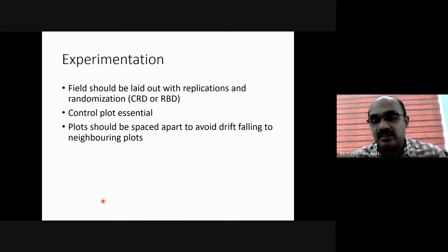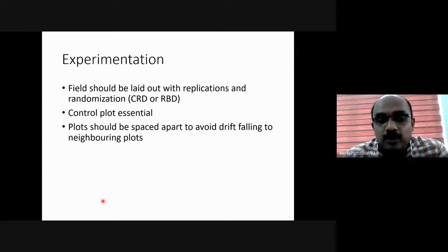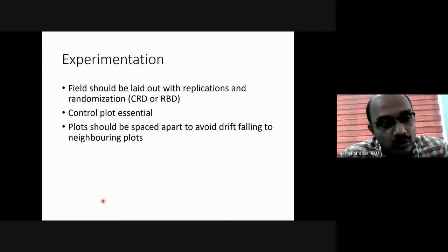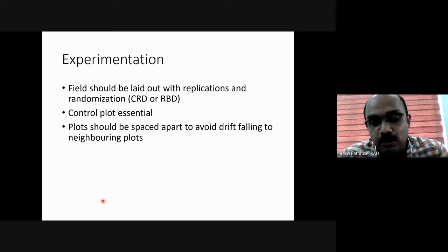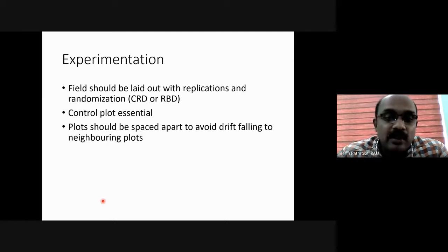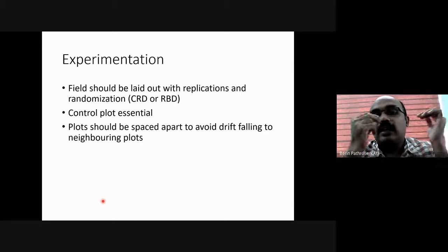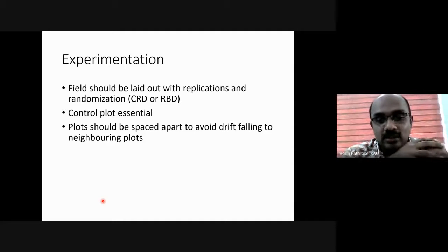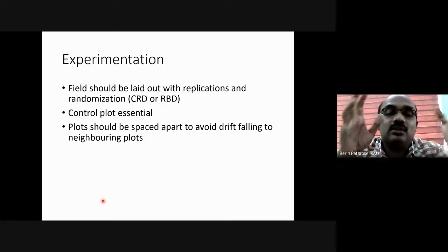This is just like a research study. We'll lay out the plot. Usually in RBD, because we go for field trials, not for CRD. CRD is pot culture. Sometimes, if the experiment demands, we can go for CRD. Otherwise, for field crops, we go for RBD only, along with the control plot, just in an RBD layout with a control plot.